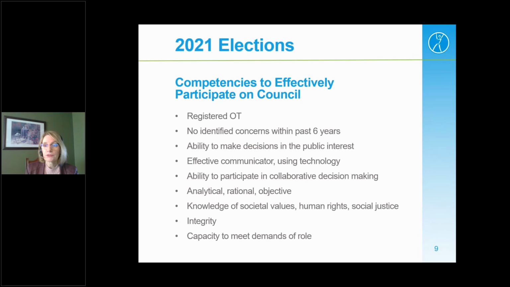We need council members to have integrity and stand behind what they do and say, and be able to come to council member meetings free of conflict of interest. We also need to make sure that you can actually do this work. Do you have time? Can you attend 4 council meetings per year, as well as committee meetings that might happen